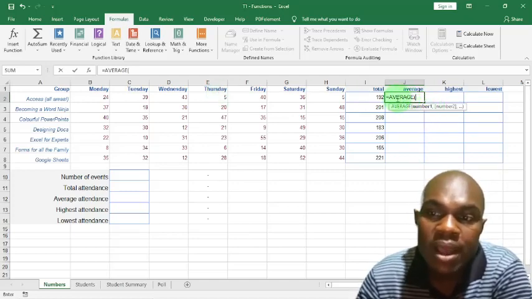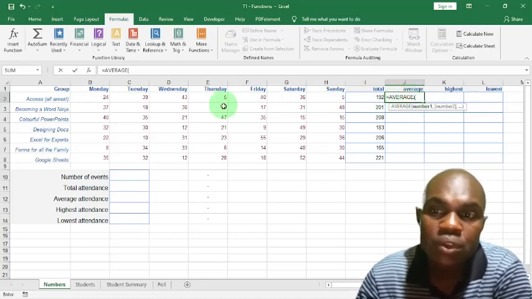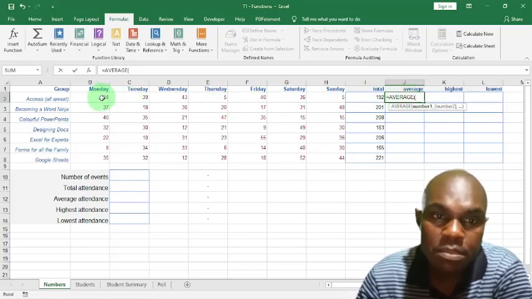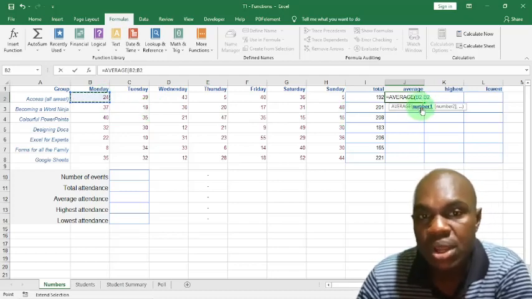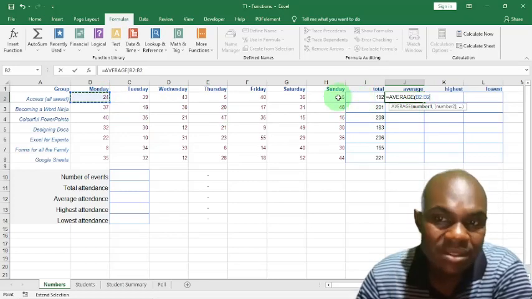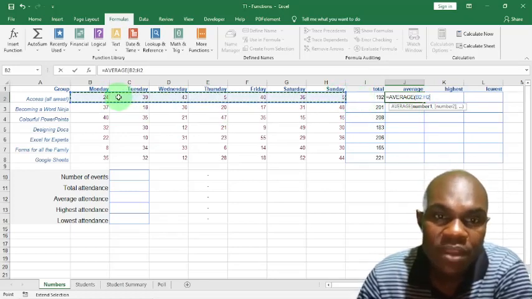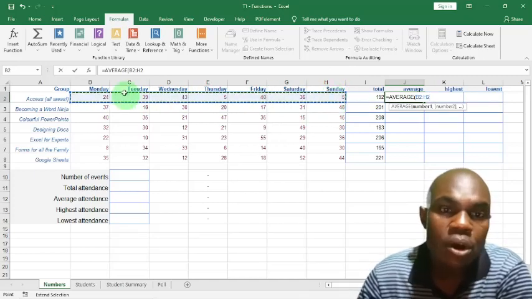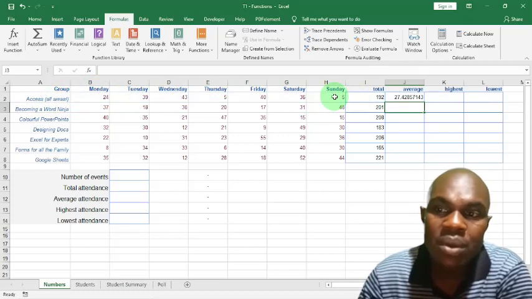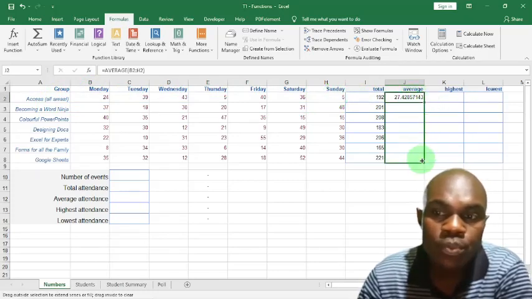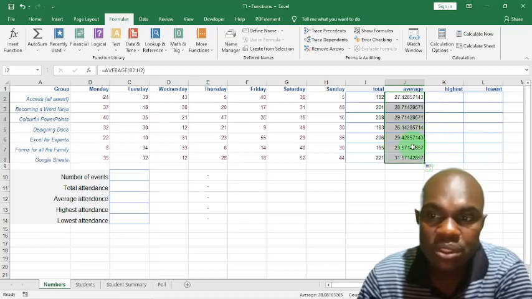Remember, we're going to have the average for a range of cells, so I'm going to say number 1 is the cell B2, and when I give B2, I'm going to insert the colon notation. When I insert the colon notation, I'm going to give the last number such that it will give me the average of a range. So I'll click now in H2. When I click in H2, it will give me the average of the attendance for access across the week from Monday to Sunday. Now let's hit on enter. When I hit on enter, that is the average. The average comes out. I can now use autofill to replicate this formula downwards, and I have the average for the